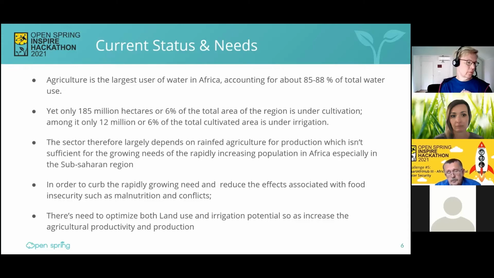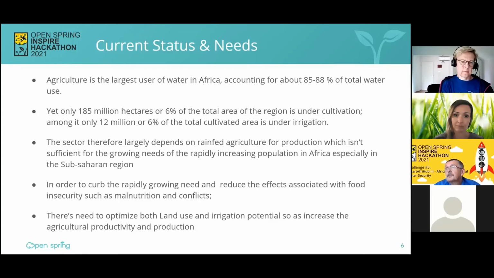And this highlights the food insecurity problem in Africa, because it turns out that the sector is largely reliant on rain-fed agriculture.